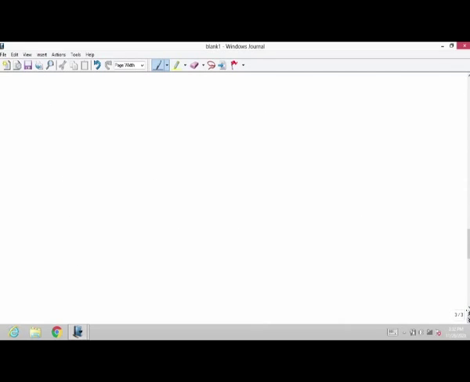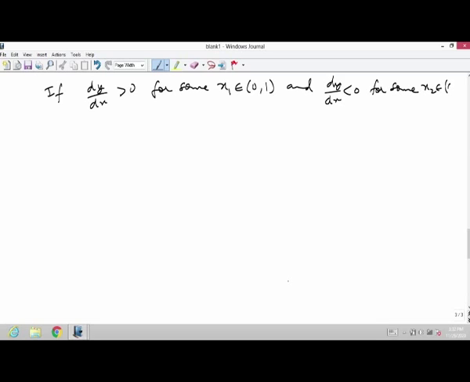Because if dy/dx is greater than 0 for some x1 in (0, 1) and dy/dx is negative for some x2 in (0, 1), then